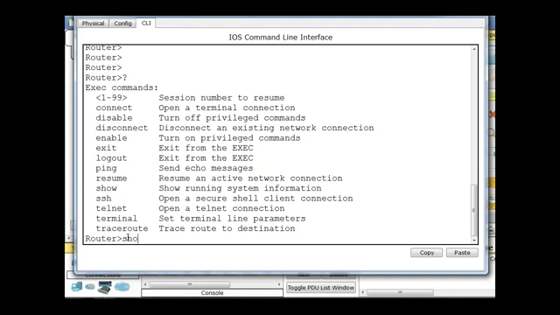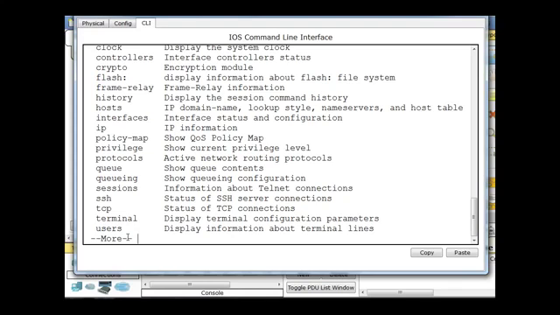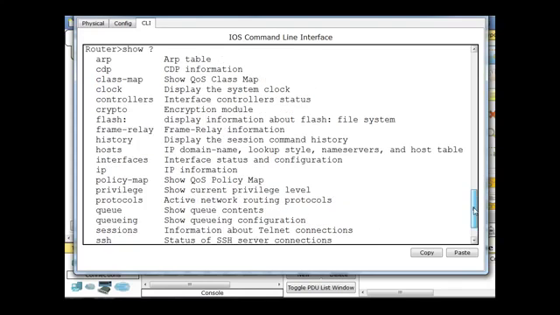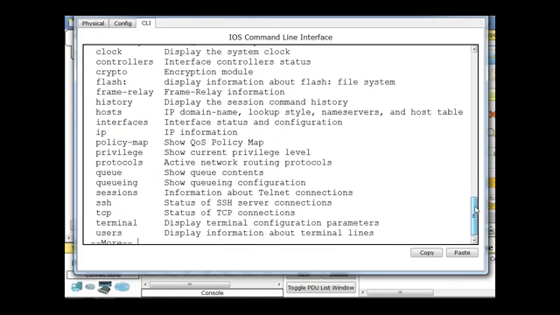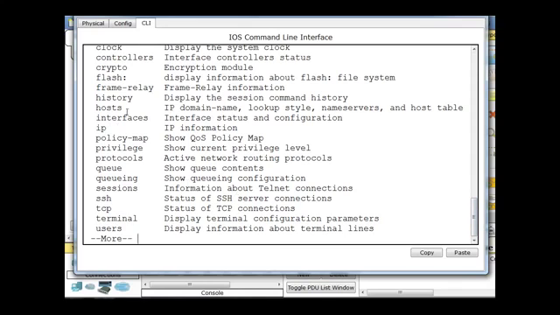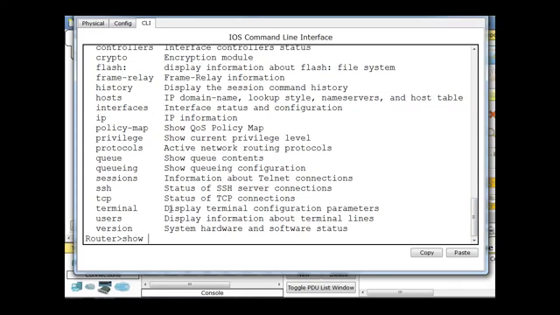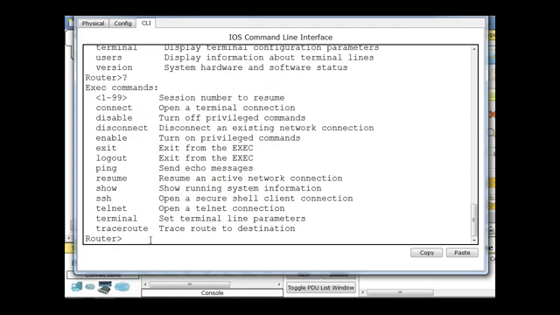So we'll type in show, and then space, and then a question mark, and you can see here that I can do a show ARP, a show CDP, right? But I cannot do a show running-config or startup-config, but I can do a show version command. So I have access to some of the show commands. Also, if I type question mark again and hit enter, you can see here that I have access to the ping command, and